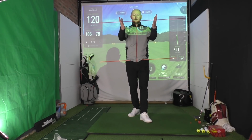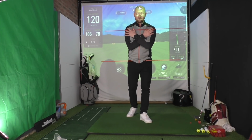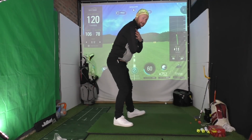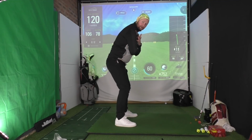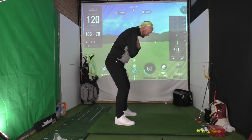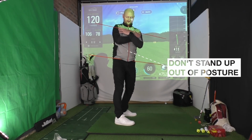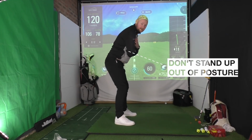Then secondly, we're going to take the cane, place it across our shoulders, and then cross our arms to touch our shoulders. What we want to try and do here is get the feeling that my cane on my shoulders is going to work 90 degrees and the one on my hips is going to work 45, because a big problem I would see from a lot of golfers would be that they work the same and we lift them. So we see here now both canes matching, and I've lifted both of them, so I've lost all the